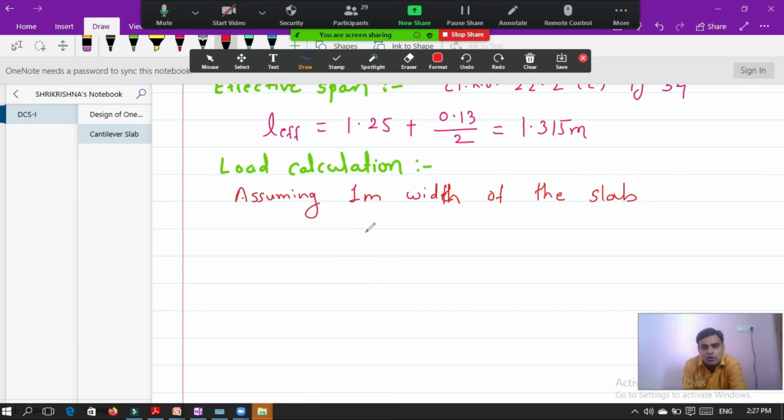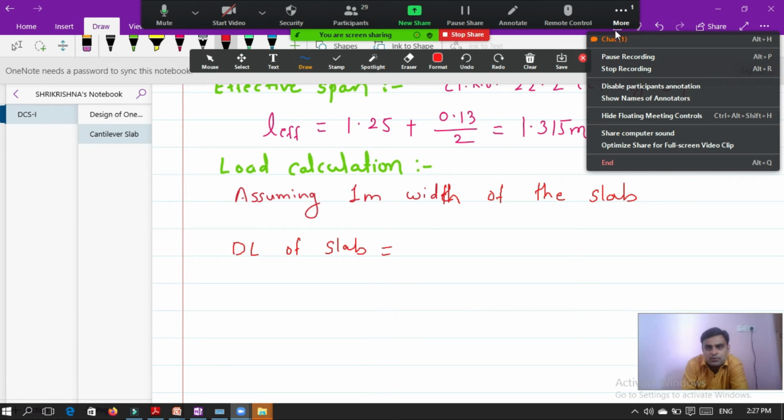Now if you assume 1 meter width of the slab, then what do you get? So here first of all you will calculate the self weight of the slab, that is dead load of slab. First is dead load of slab. So dead load of slab is equal to,